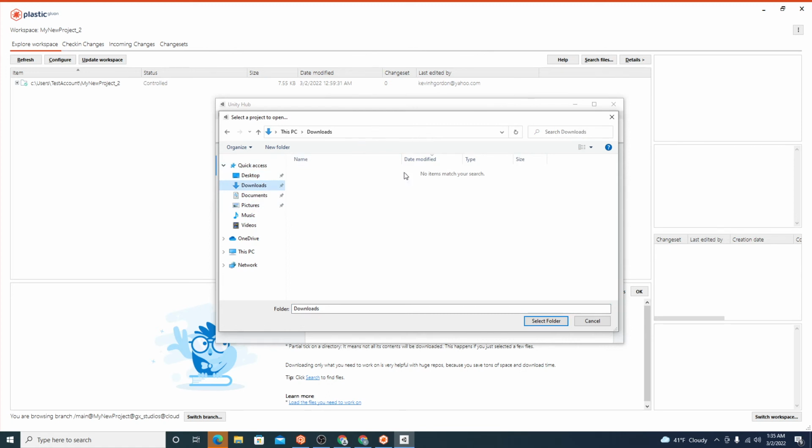Like I said, the easy thing to do is we just copy that path. I'm gonna go up here to the top. I'm gonna click on it, and you're gonna delete, so it gets rid of the download, and then paste in the path I found right here. When you found the path, you'll see one thing that says .plastic and then another one that says assets. That's exactly what you want. Click select folder,